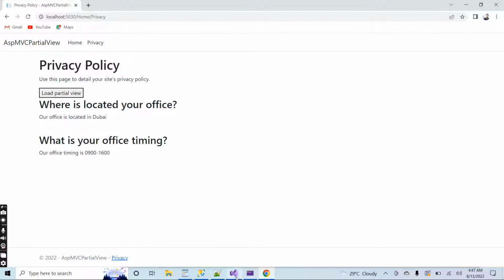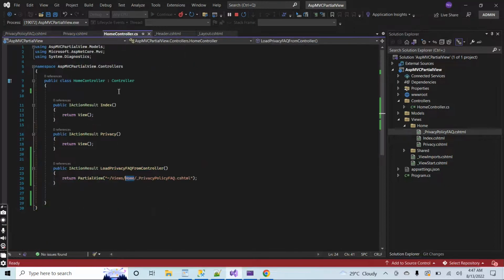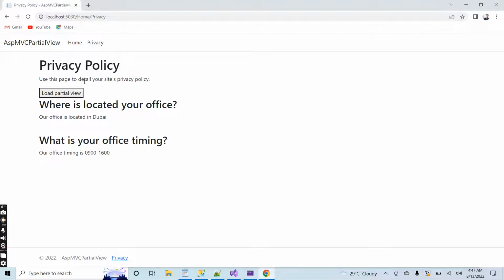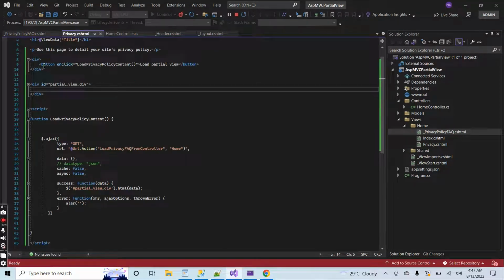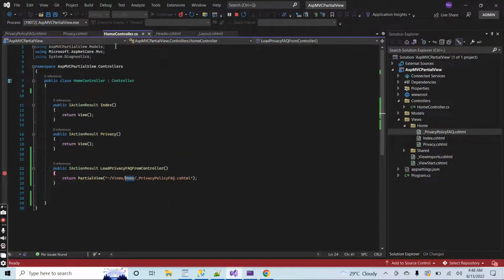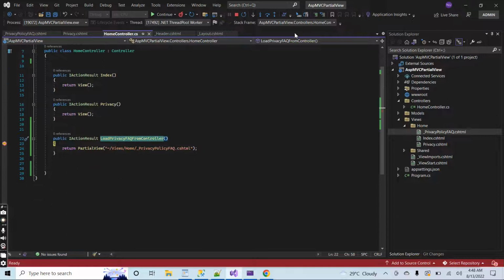view. Let me put here a debugger, and you will see the result. Fresh. Now I click on load partial view. It is this button, this one. I am calling a JavaScript function from this, and from this function there will come a call to the home controller. Let me click. Guys, you can see that the function is hit successfully, and from here I am